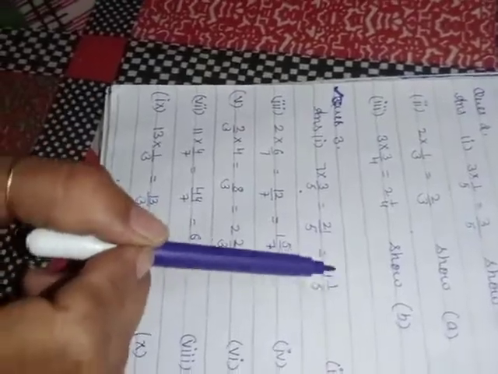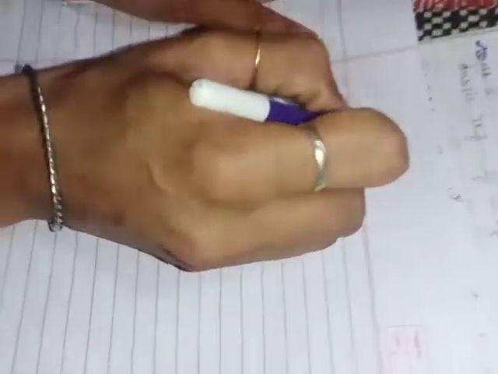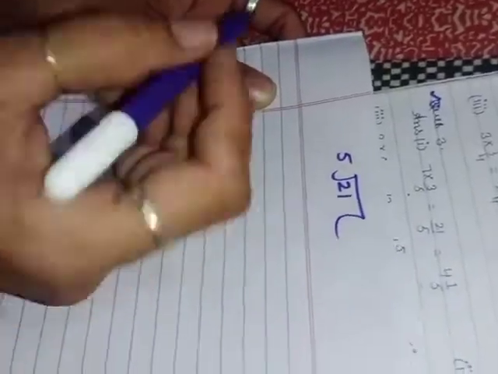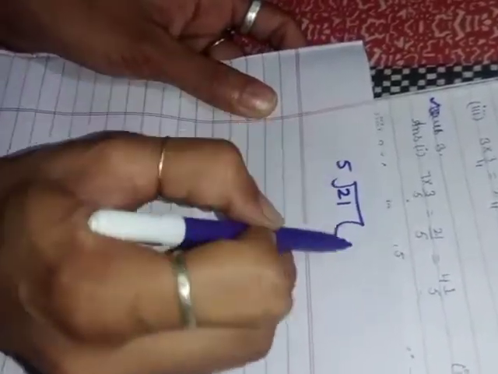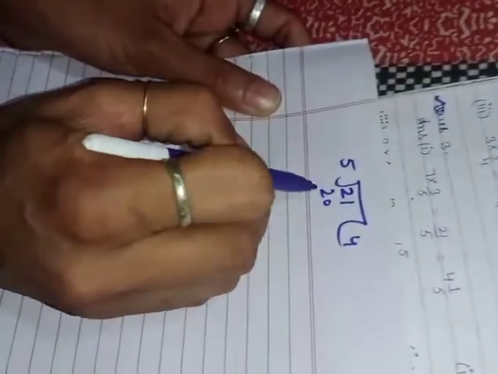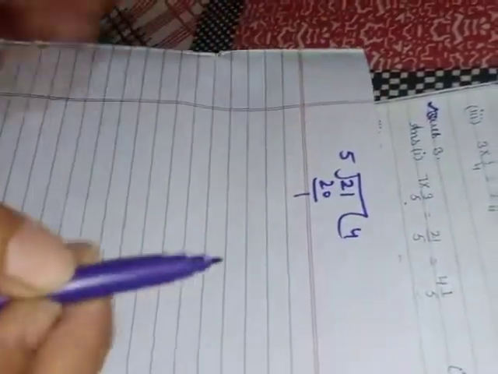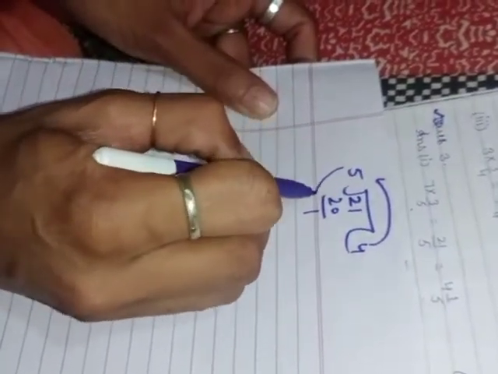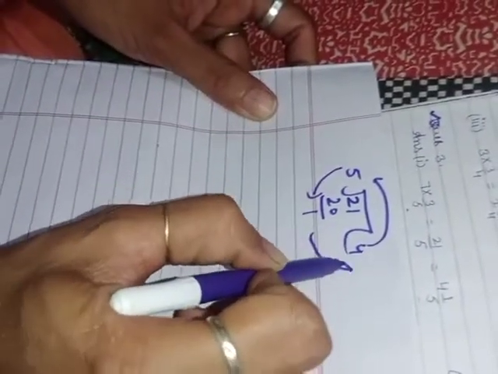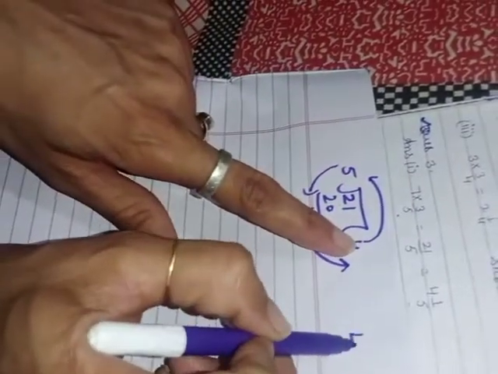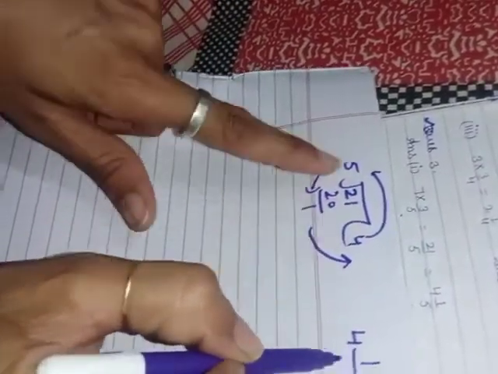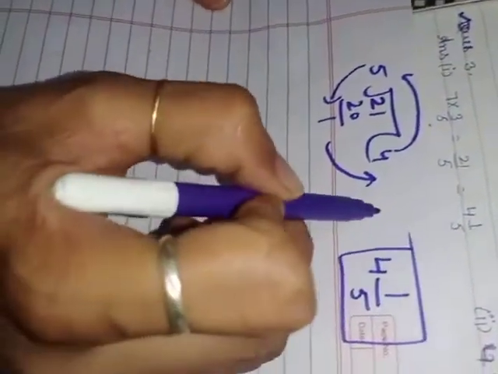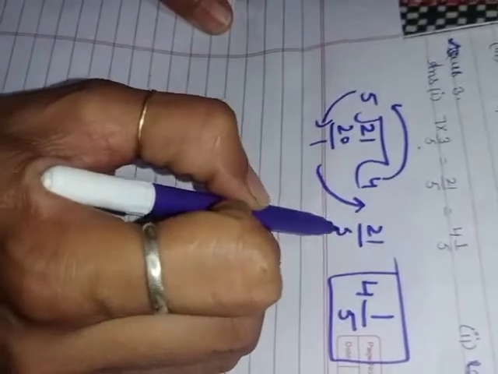Then how do we change it into a mixed fraction? Divide 21 by 5. I already told you about that. Again I am repeating. 4 5s are 20. Clear? So how will we write it down? This term will go in the front, that will go in the down, and that will go in the upper part. So that will be in the front and that will be in the upper part and that will be the lower part. Clear? In the lower part. So that is your mixed fraction of 21 by 5.